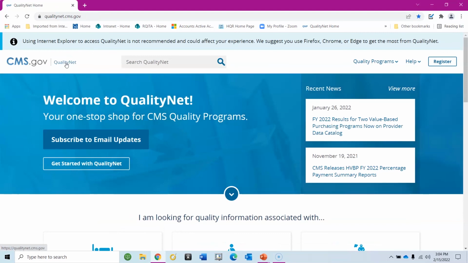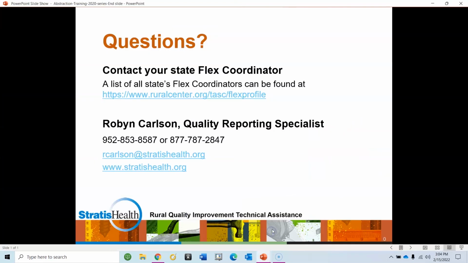Right? So those are some of the main sites that you want to use this main QualityNet page for. If you have any questions, you can contact your state flex coordinator. And if you aren't sure who that is, this site has a listing of all of the different state flex coordinators, or you can always contact me,